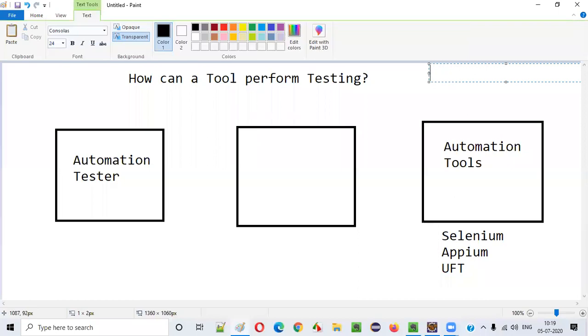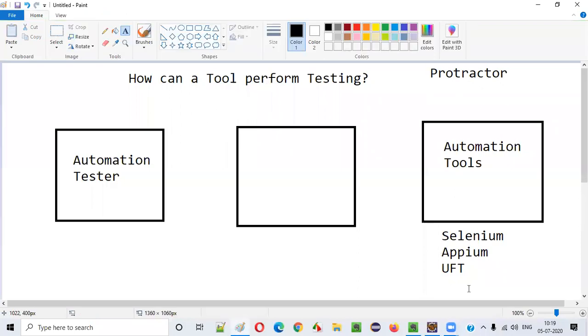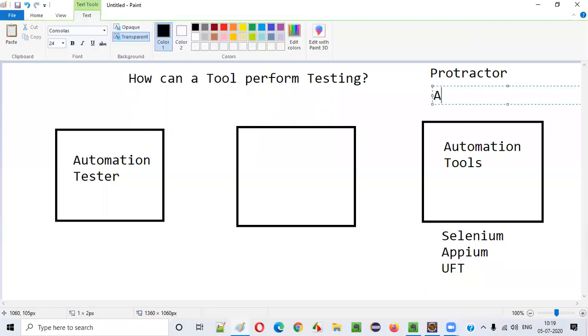Protractor is there. I'm asking very basic questions just to keep you involved in the session. Then we have RPA and Perfecto. Yes, everything can be called automation if it is actually reducing our manual efforts. That's fine, guys. There are many other tools in the market for automation.